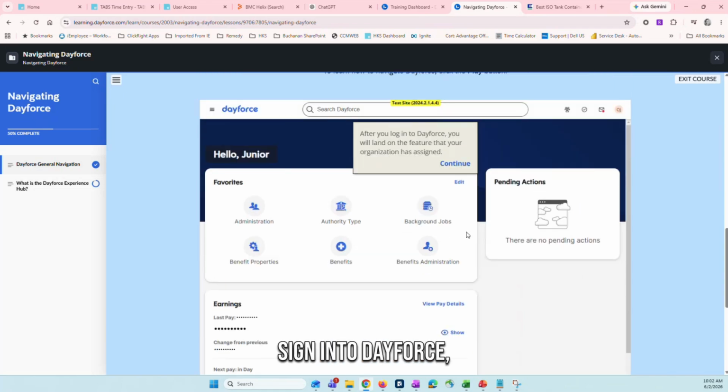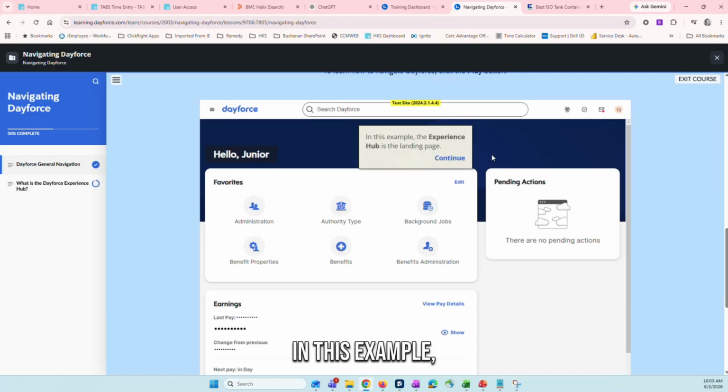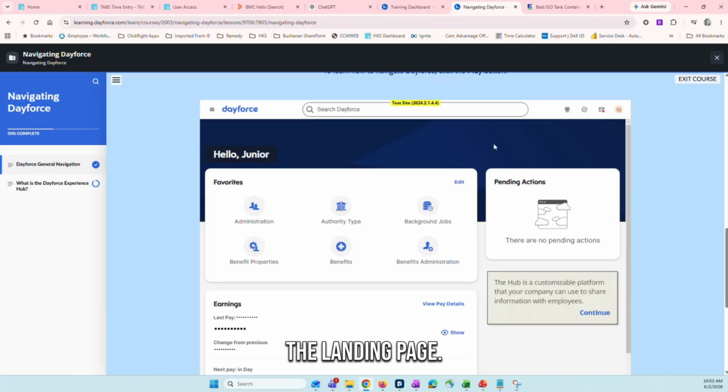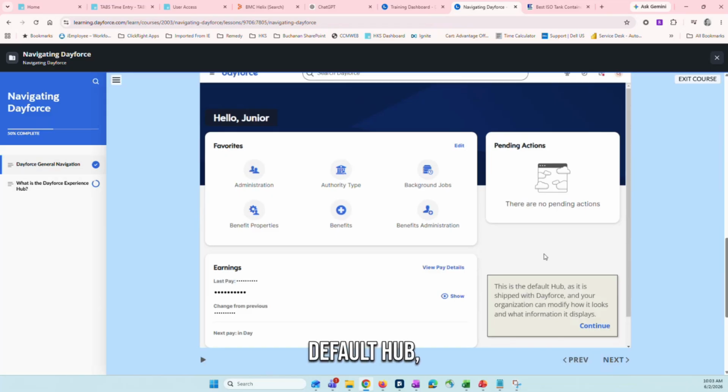So after you sign into Dayforce, you will land on a feature that your organization has assigned. In this example, the Experience Hub is the landing page. The Hub is a customizable platform that our company can use to share information with our employees. This is the default Hub, and it is shipped from Dayforce, and ours will be modified in the information it